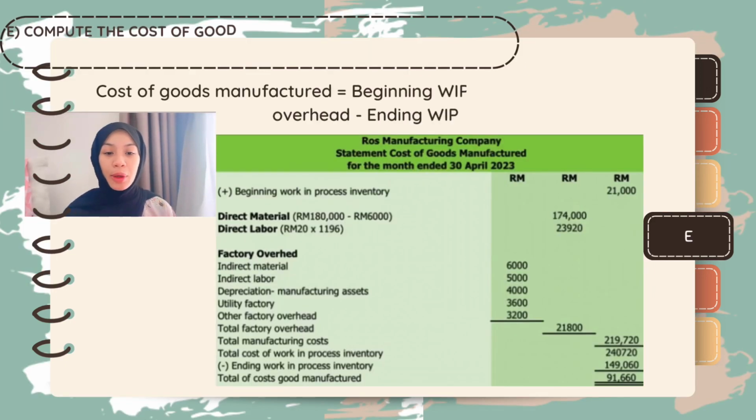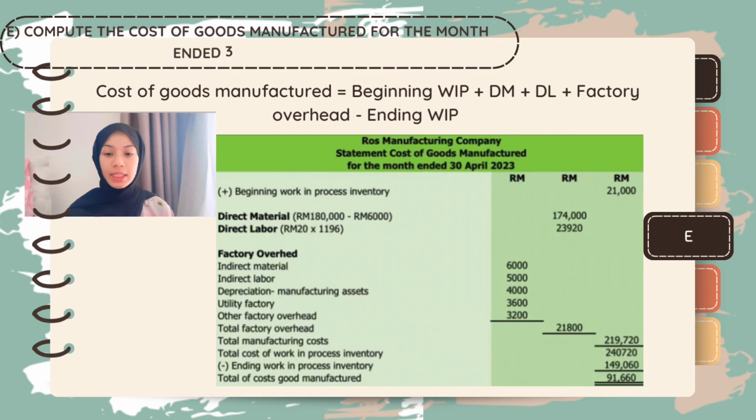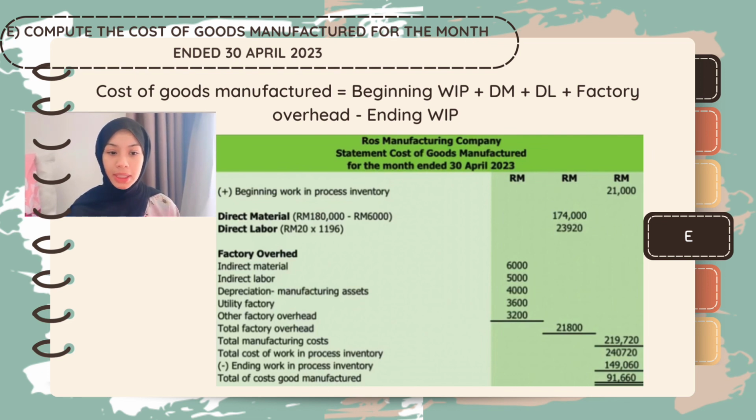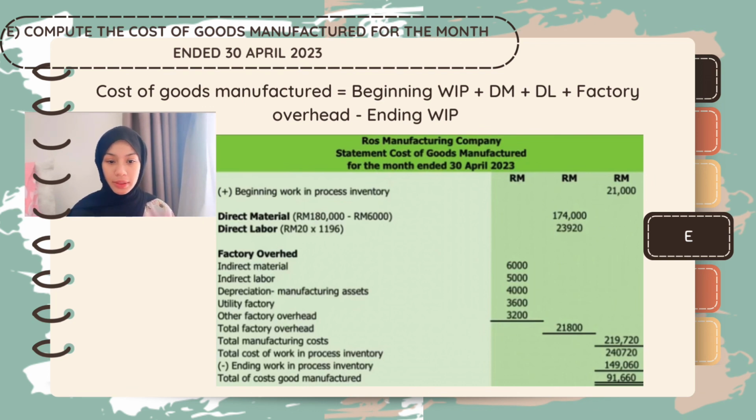For the question E, compute the cost of goods manufactured for the month ended 30 April 2023. First of all, we need to add beginning work in process plus direct materials plus direct labor plus factory overhead and minus it with ending work in process. As we can see, the beginning work in process for Rose Manufacturing Company is 21,000. The exact amount of direct material is RM 174,000, which we can get from RM 180,000 minus 6,000. The direct labor for this company is 23,920. We can get it from RM 20 multiplied by